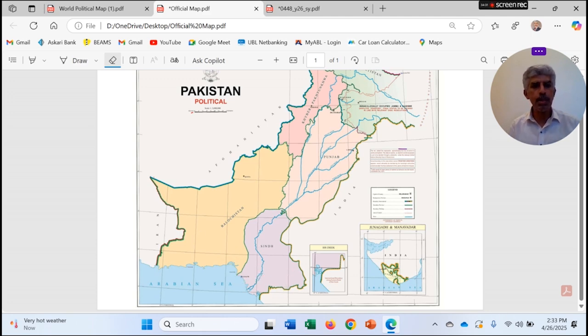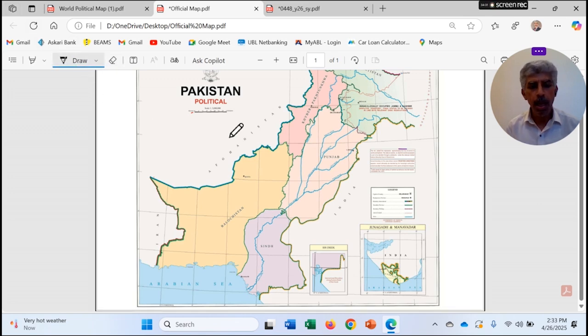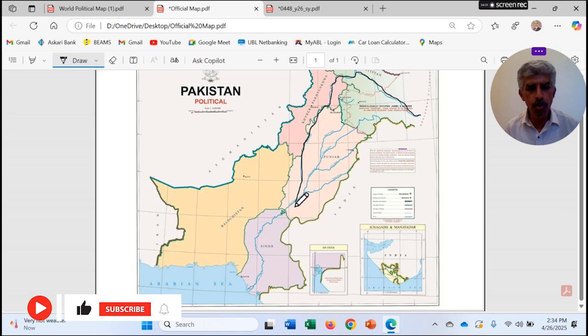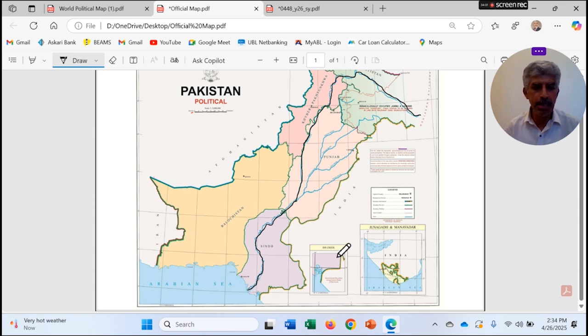So here you can see all the rivers, and you can see that this one is coming from Kashmir and in northern areas, entering in Khyber Pakhtunkhwa, entering in Punjab, at times enters in Khyber Pakhtunkhwa, zigzag movement, and finally enters fully in Punjab, flows downwards towards south and enters Sindh province, making meanders, and finally it falls into the Arabian Sea after making delta. So this one is river Indus.